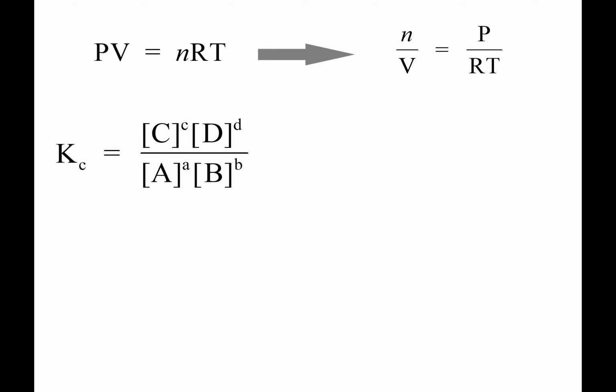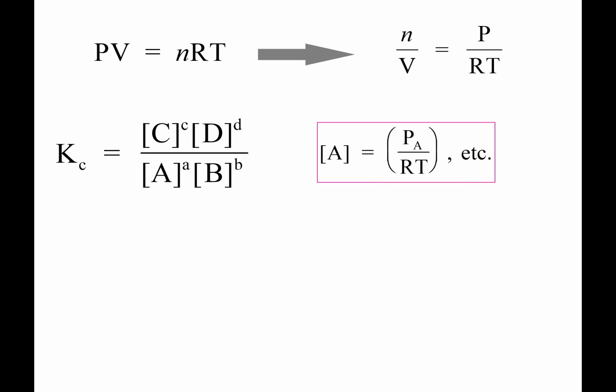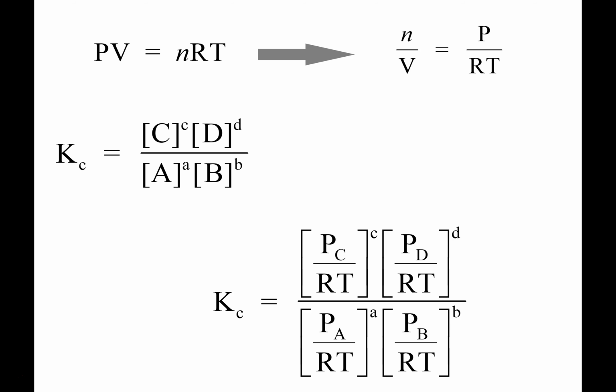Well, we need to consider each of our four species, change these molarities based upon this, and it looks like this. I'm going to use this pattern. If we focus on just the reactant A, the molar concentration of A would be equal to the partial pressure of A divided by RT. Okay, so I go ahead and take that through for my two reactants, my two products, and I get something